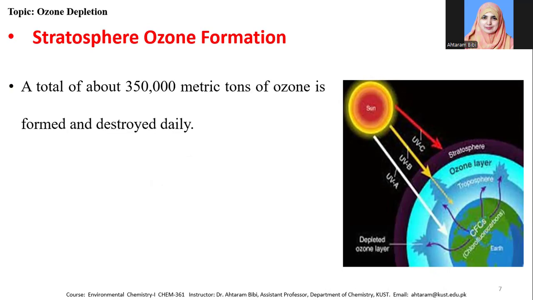In stratospheric ozone formation, a total of about 350,000 metric tons of ozone is formed and destroyed daily. One can see here that the ozone layer can block UVC and UVB radiation, which is very dangerous if it reaches the troposphere. So this layer is a protective layer to block UVC and UVB radiation, and ozone is formed in this layer by the absorption of UV radiation to produce atomic oxygen, or the oxygen radical, which combines with the oxygen molecule to produce ozone, and a total of about 350,000 metric tons of ozone is formed and